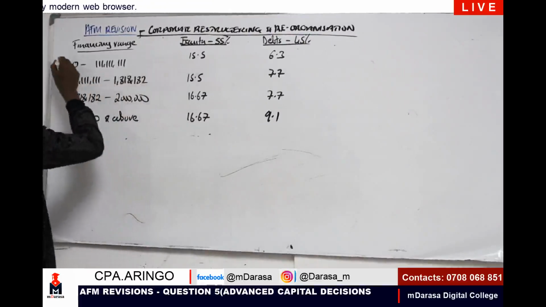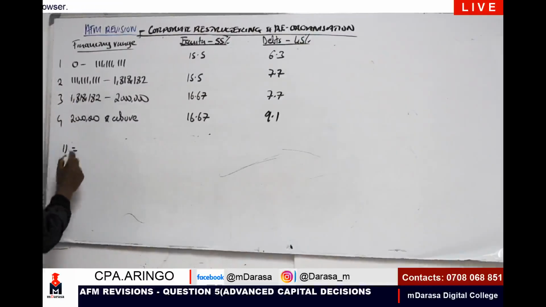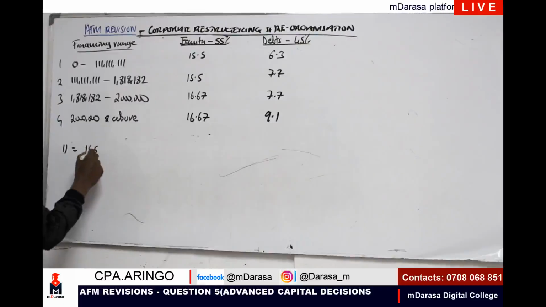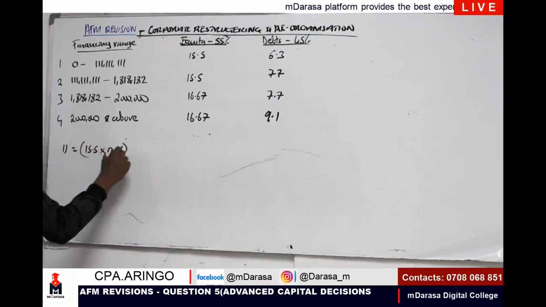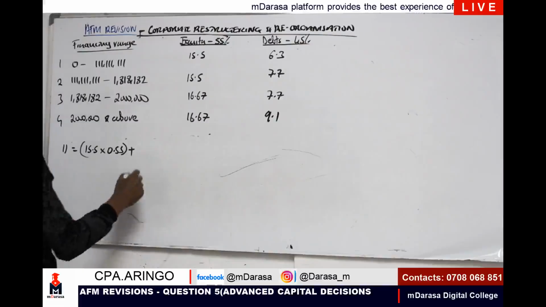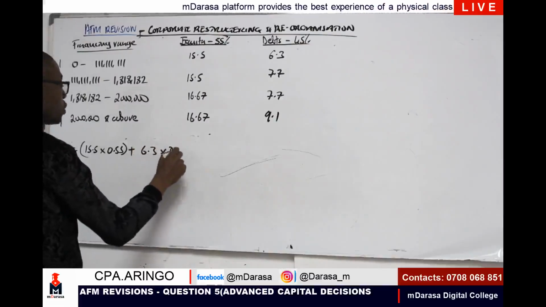So assuming this is interval 1, 2, 3, 4, my first interval, I should be talking of whatever you have determined there, 15.5, times the weight, which is 0.55, plus